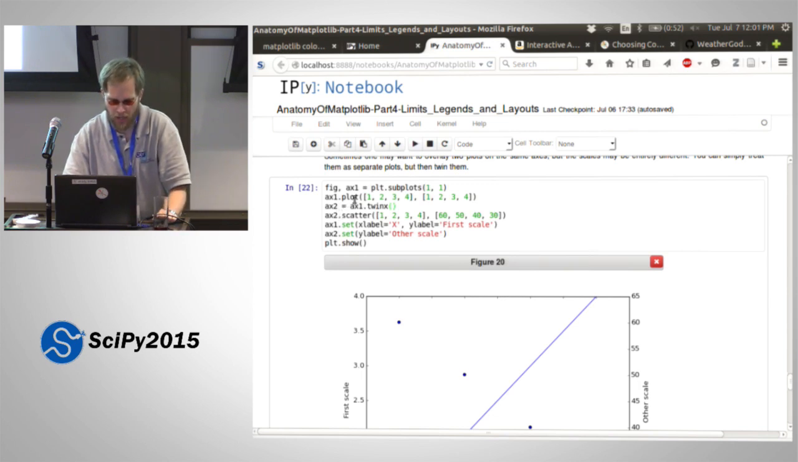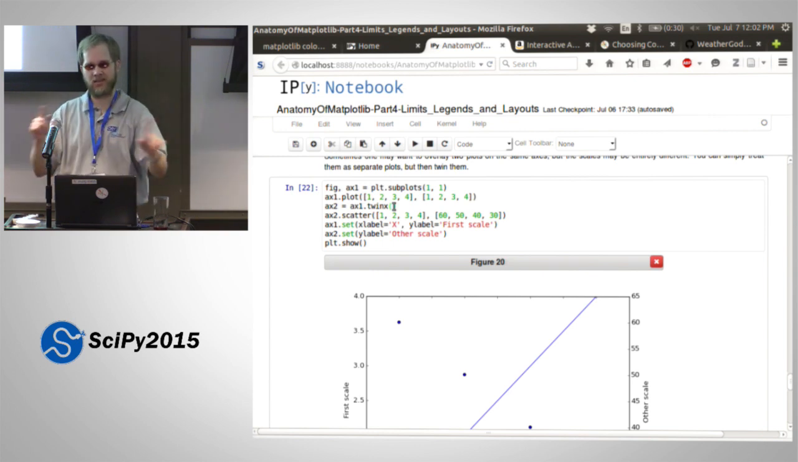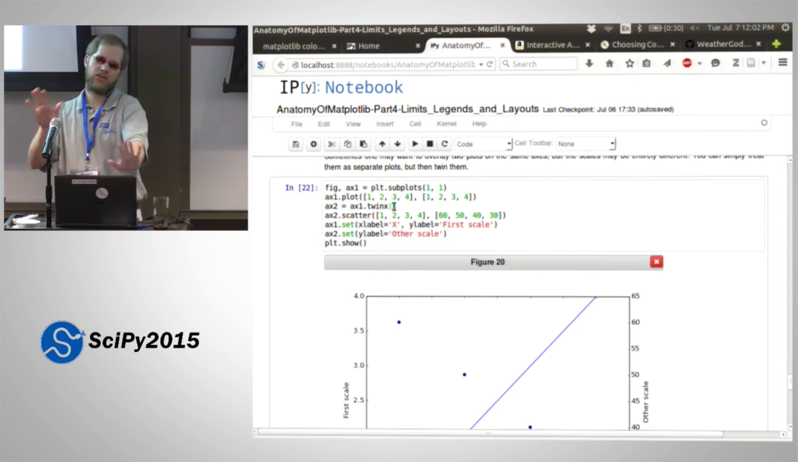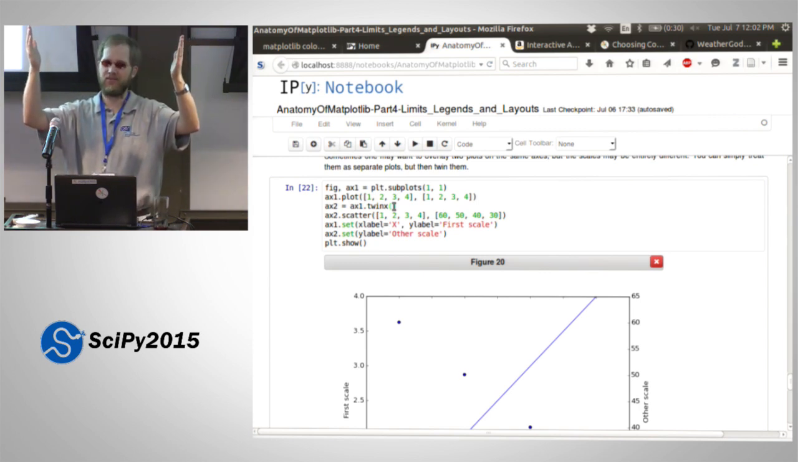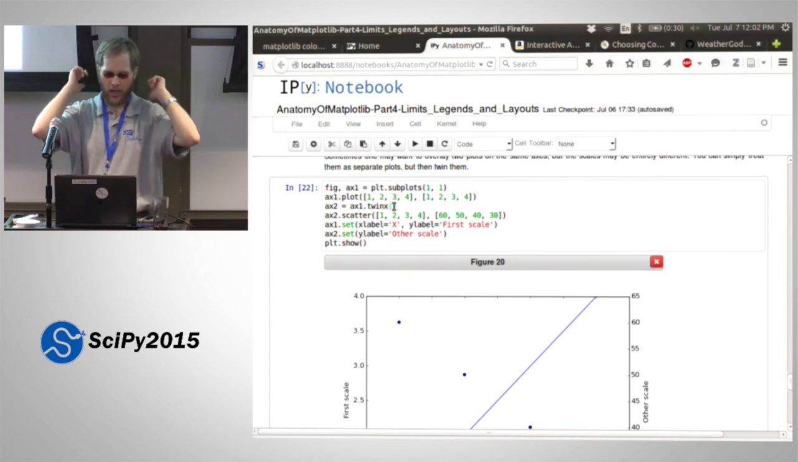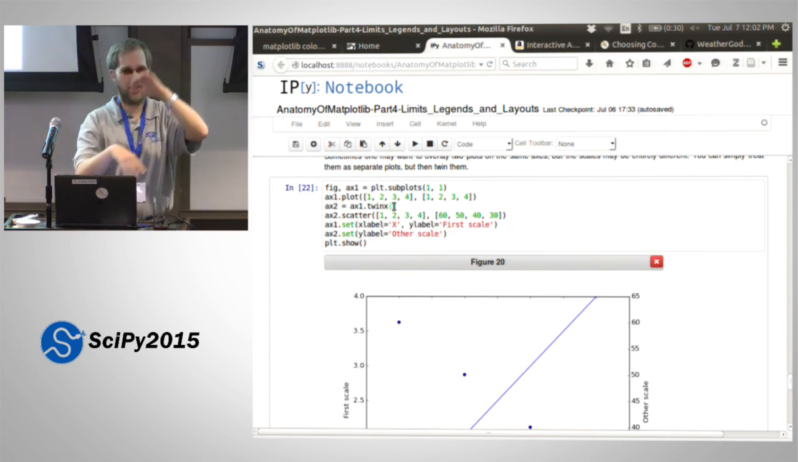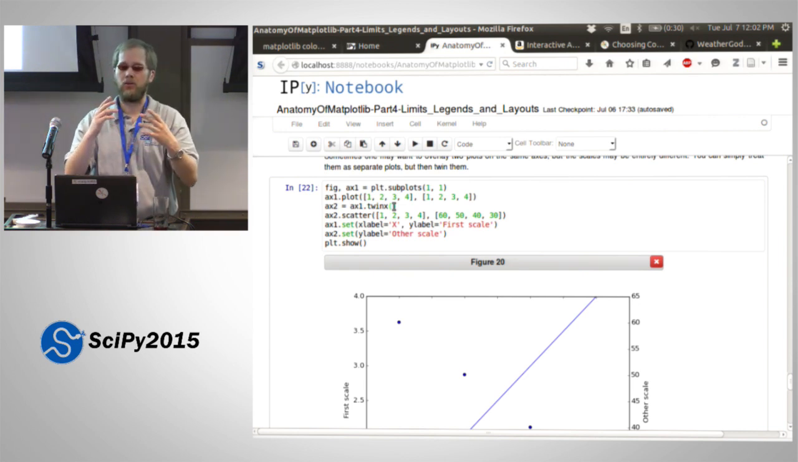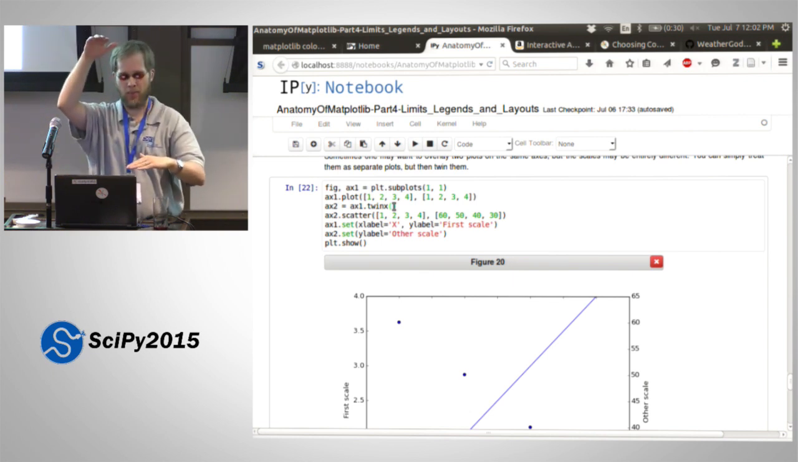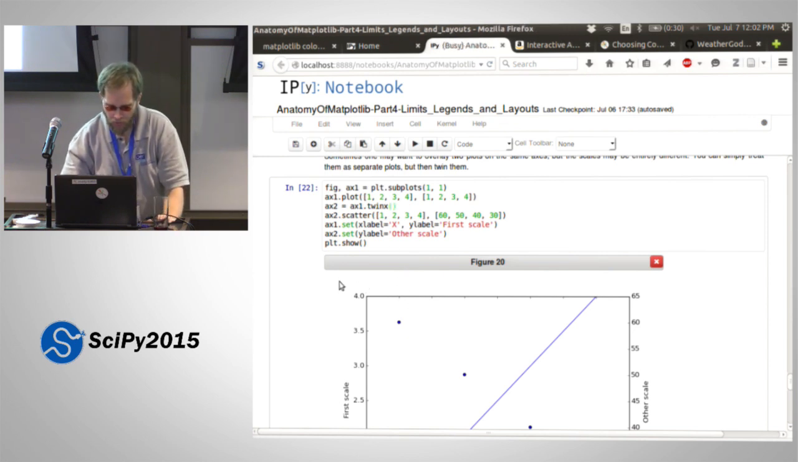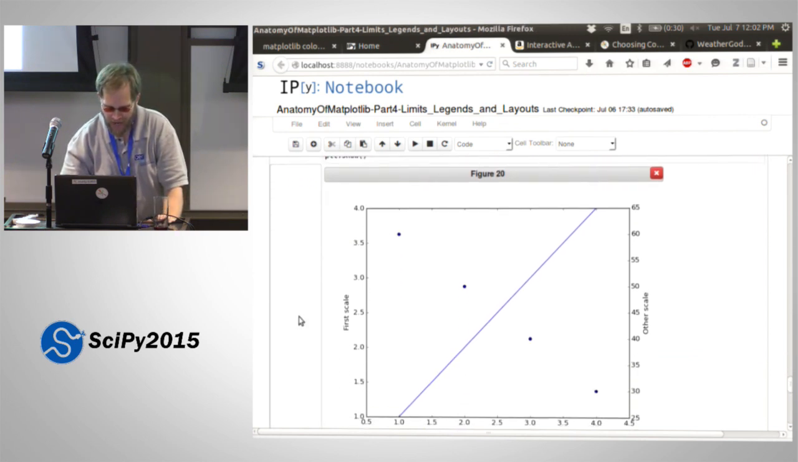So I have ax1.plot, I have ax2.scatter. But I called ax1.twinx. And so what it's saying is that you're going to twin up the x's so that the x-axes are going to be identical, but the y-axes will be independent of each other. It'll be different. And you can also do the same thing using twinY. So you can say that the y-axes are going to be the same, but then have different x-axes on the top and bottom. And then interactively,